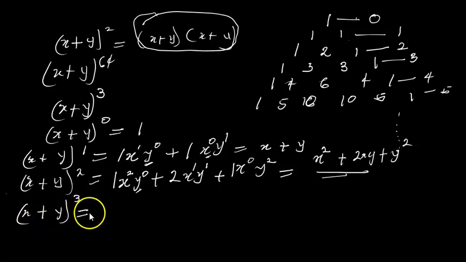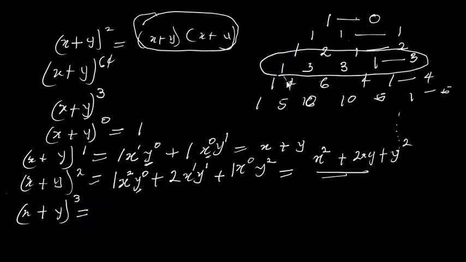Now, to solve for (x + y) raised to the power 3, we pick the third line. That's the third row here. This is where I will solve for (x + y) raised to the power of 3. My first coefficient here will be 1. I'll have x raised to the power of 3, while y will be raised to the power of what? 0, plus,